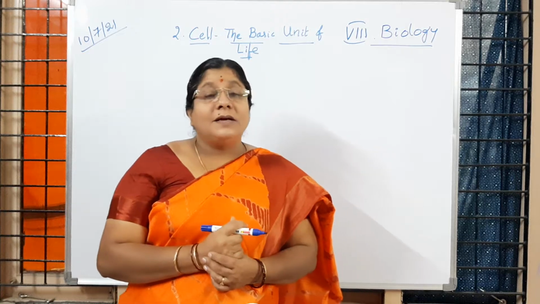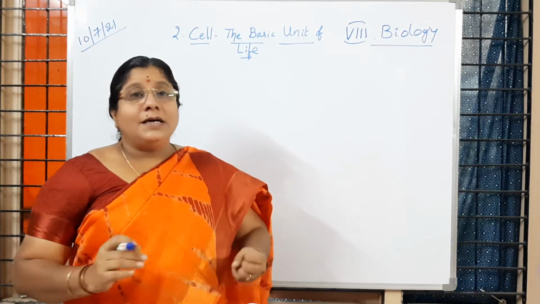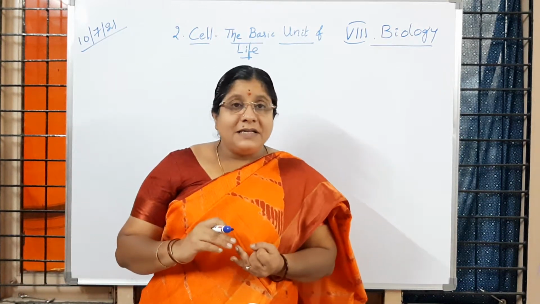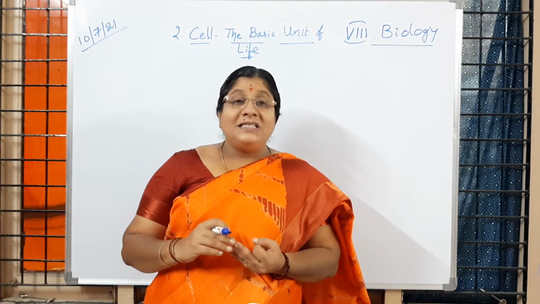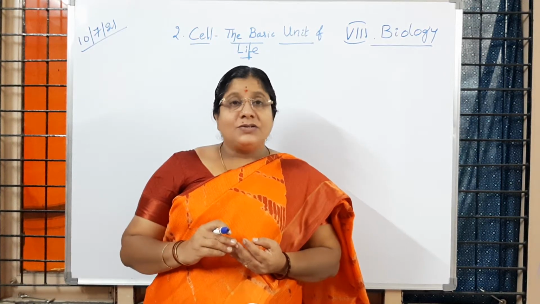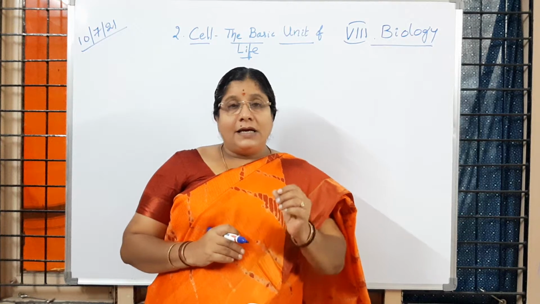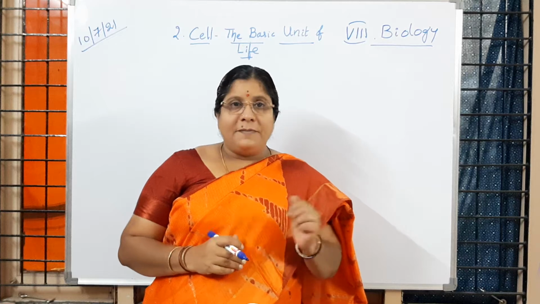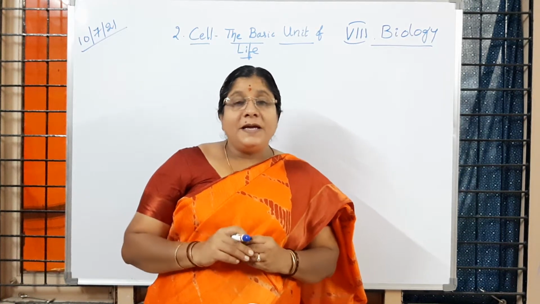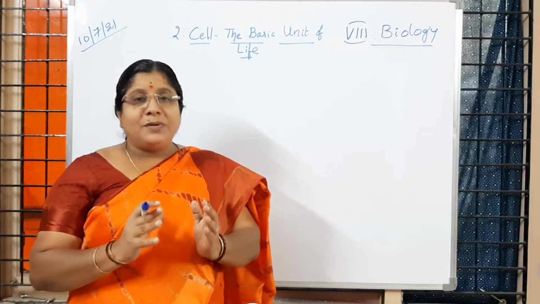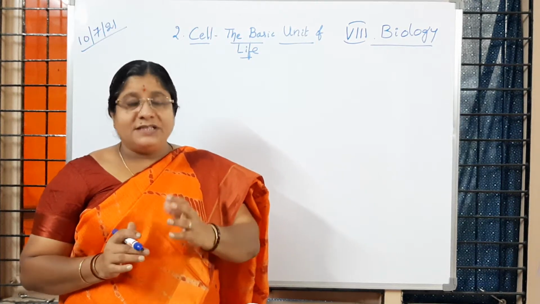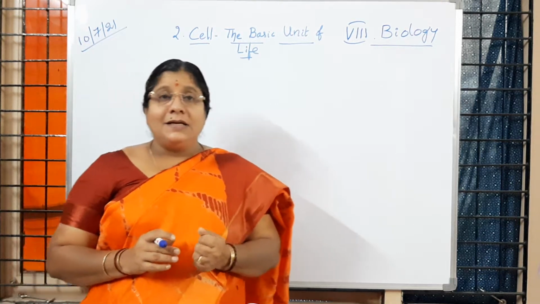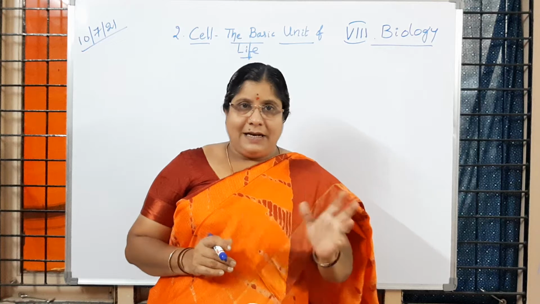Then you have learned some other activities also, like observing cells in a matchstick, observing onion peel cells, observing human cheek cells. If we recall the parts you observed in the cells of onion peel: onion is an example of a plant. The onion bulb we get from the plant, which means we are observing a plant cell.